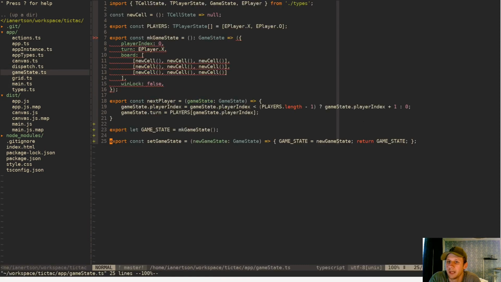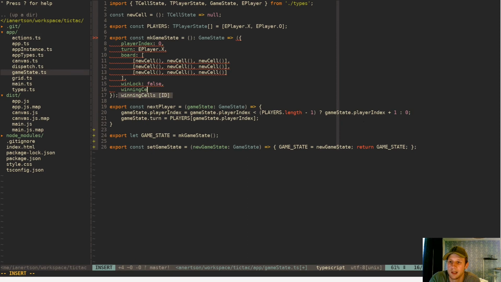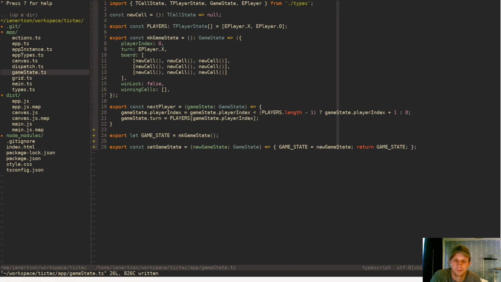And then in our game state we have to provide this, so winning cells empty array, and then we can add another action here,